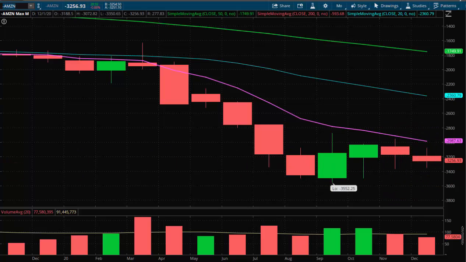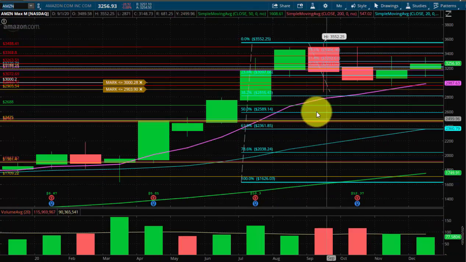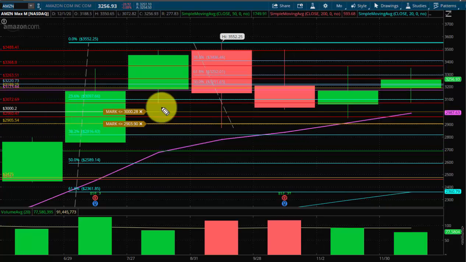So to avoid any confusion, let's flip it back. All right. What this means for me on Amazon is that I want it to get above this little zone of the December high and the November high, because then there's only one resistance level left and it will be a magnet up to that. So we're not looking to nail a massive, massive breakout. If that happens, great, right? We'll trade it. But what we're looking for is this,